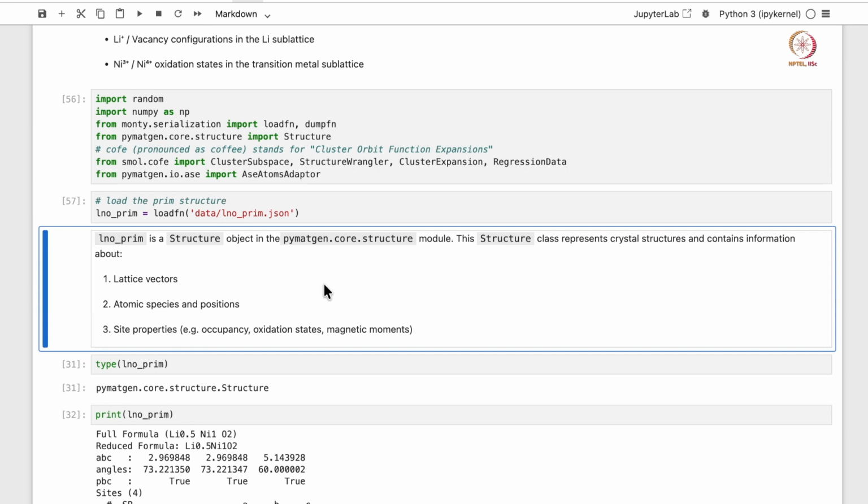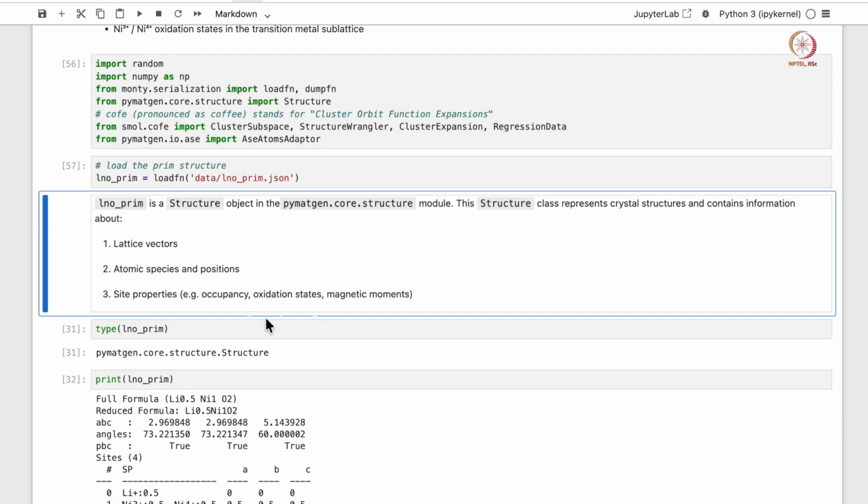This prim structure object is a structure object in the pymatgen.core.structure module, and the structure class represents crystal structures and contains information about lattice vectors of your system, atomic species and positions, and site properties, say occupancy, oxidation state, or magnetic moments.